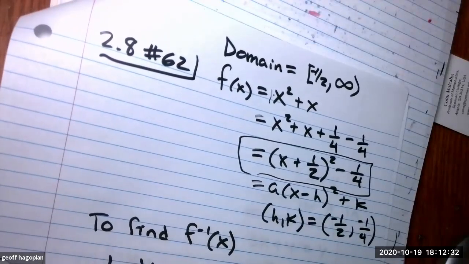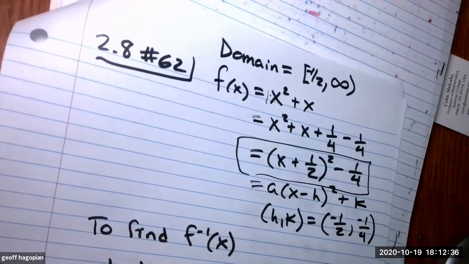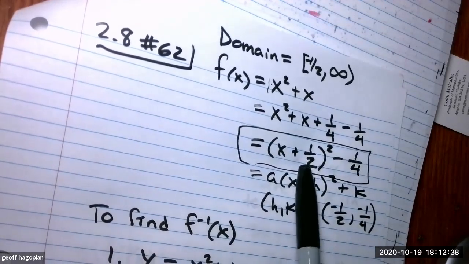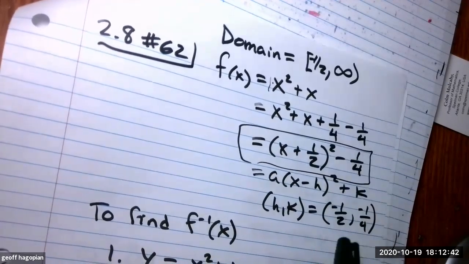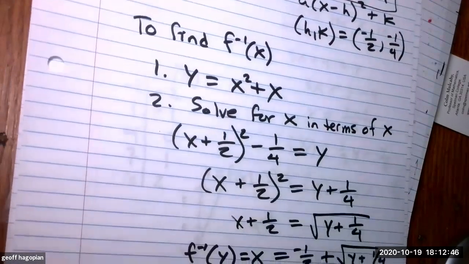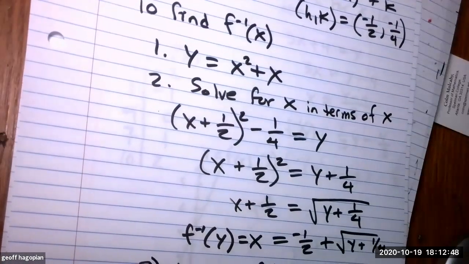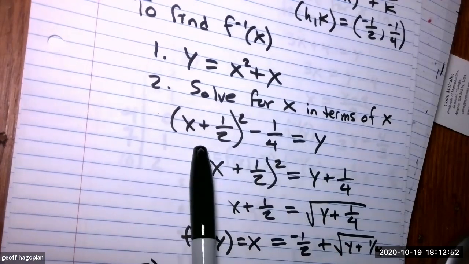So here's a function where if you restrict the domain, you get a 1-to-1 function. Normally, this parabola would not be 1-to-1, but restricting the domain gives us a 1-to-1 function. And to find the inverse function, you need this process of completing the square, right? So we start out with this. You see that